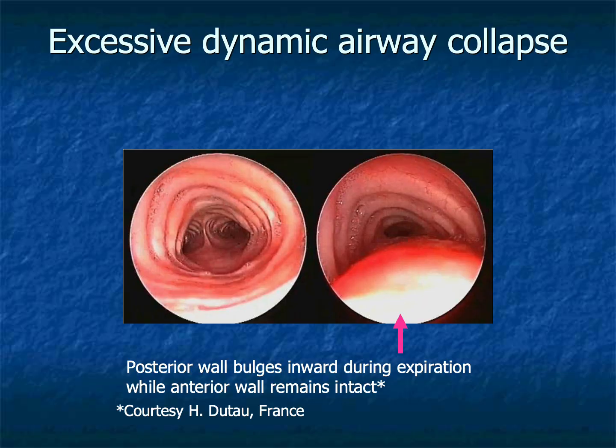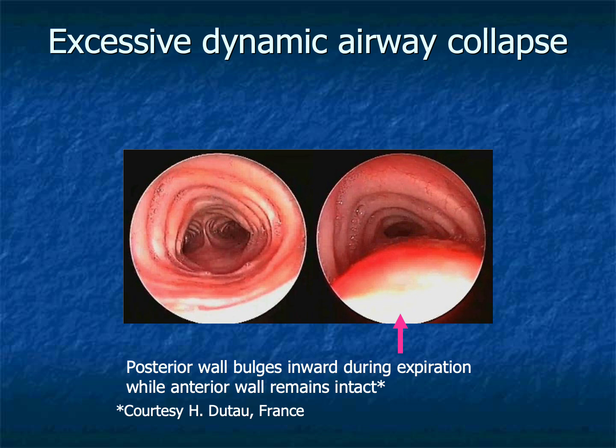Excessive dynamic airway collapse, often called EDAC, differs from tracheobronchomalacia. In EDAC, the cartilaginous rings remain relatively intact. Instead, the posterior membranous wall bulges anteriorly during expiration, producing substantial narrowing of the lumen. Recognizing whether collapse originates from weakened cartilage or from excessive posterior membrane motion is an important component of bronchoscopic airway